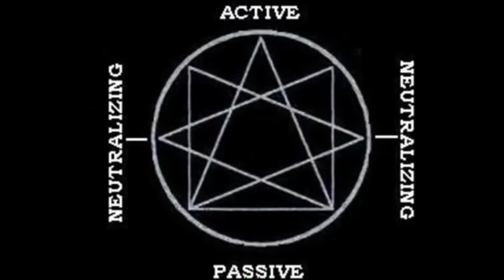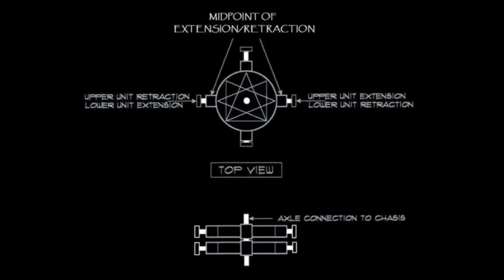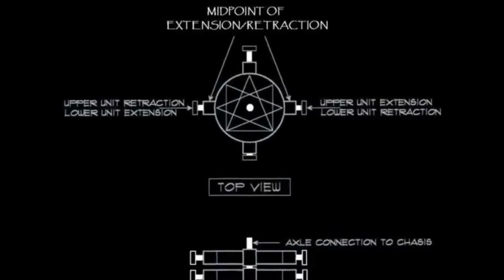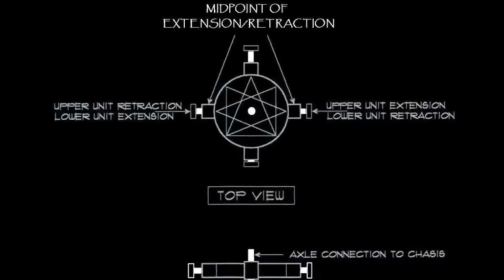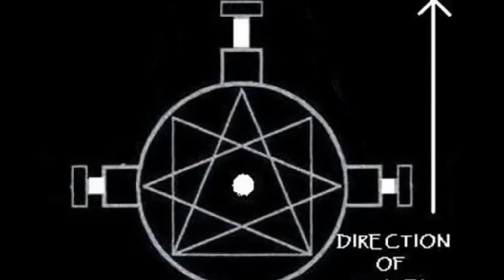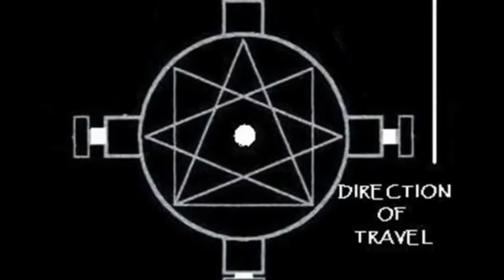He goes on to describe how this concept can actually be achieved using a series of 8 weights, 4 rotating in one direction, while the other 4 rotate in the opposite. The weights extend and retract in accordance to their position in rotation. The weight always extends in the same direction, the direction you want to go. Essentially, we're manipulating the centrifugal force to weigh heaviest on one side, and trying to cancel it out on the